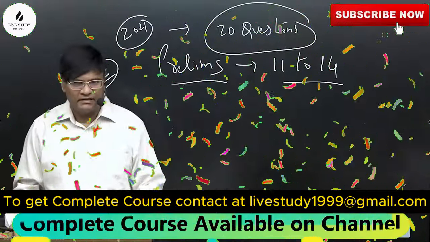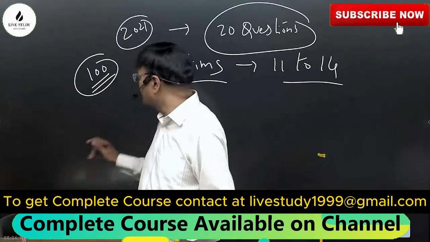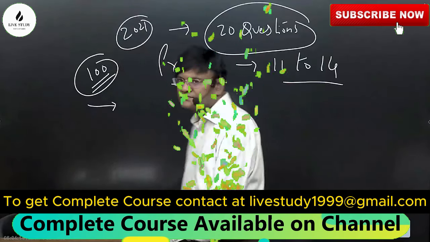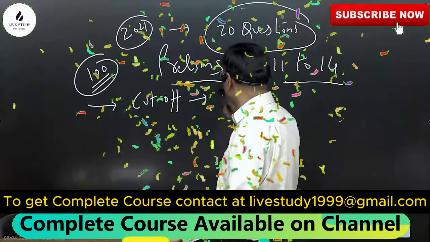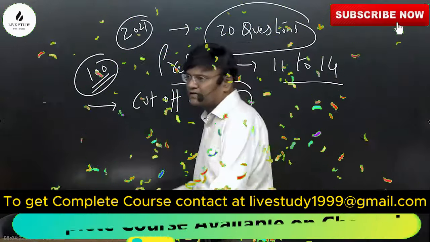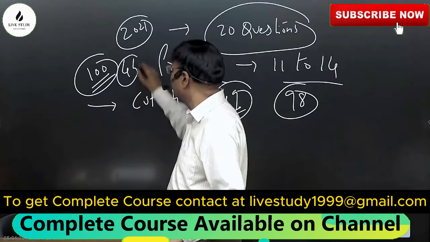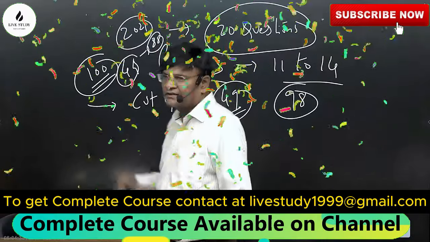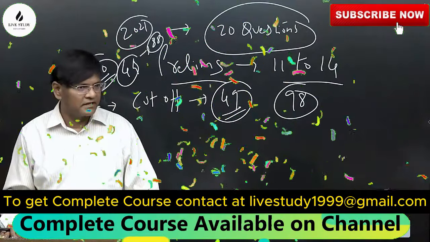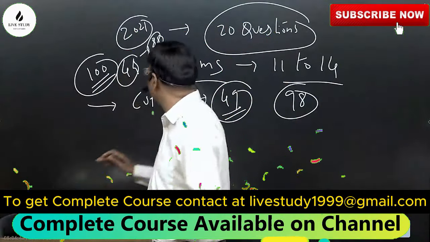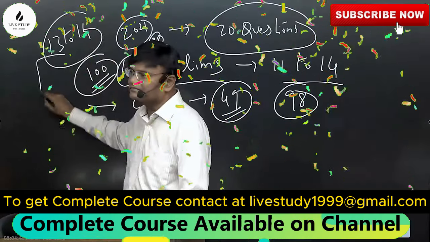To put these things in perspective, what can we say? If you look at the last 3 years in your prelims, the cutoff is around 49 questions, around 98 marks. This year it is expected to be around 44 questions only, around 88 marks. So if you have to get 45 questions right in prelims to clear the examination, around minimum 13-14 questions can be from only polity.